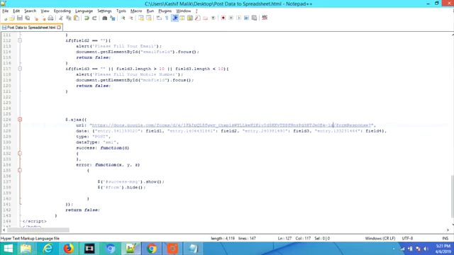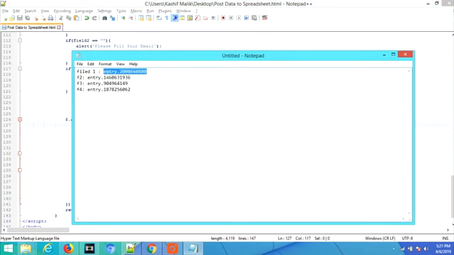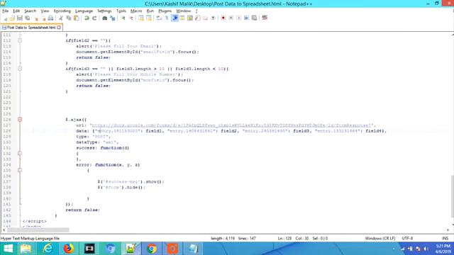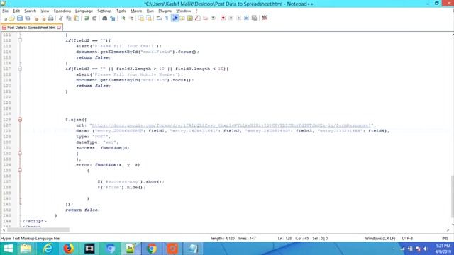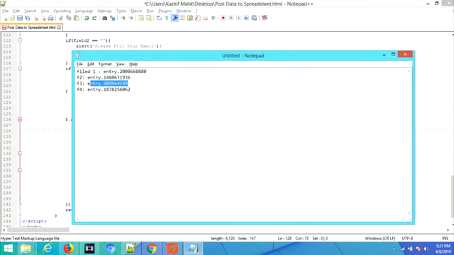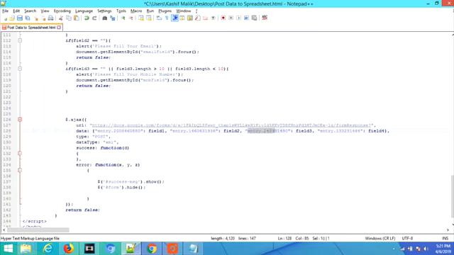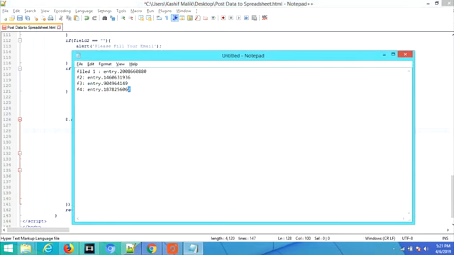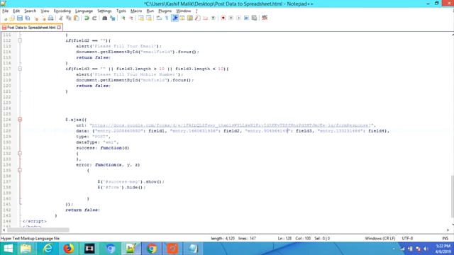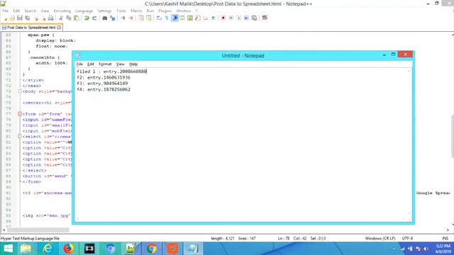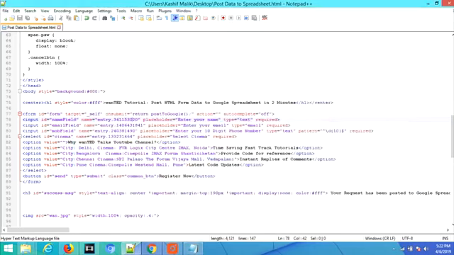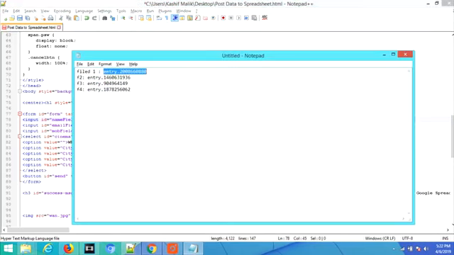Now we have got the URL of the form, we have got the entry fields. That's all you need to make a successful entry to Google spreadsheet. Now paste it here. If you have more fields, it is comma separated, you can add commas and include more fields. I'm giving 4 as an example. This is the fourth field, we are putting it here, and the same values we have to put at the top in the form within the name attribute. That's why I have copied it once in my notepad.